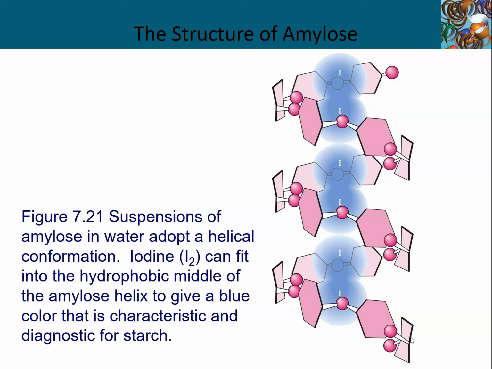Now, if you do that iodine starch test, the reason you see a formation of purple is because iodine neatly fits right into these helices, which form when amylose is in aqueous suspension, and it gives you that really dark blue or purple characteristic color for your iodine test. Just fun mechanistic insight into the stuff we did in 100 level.